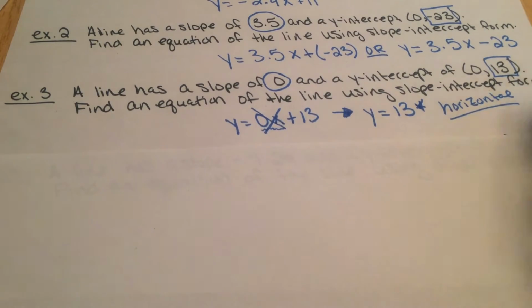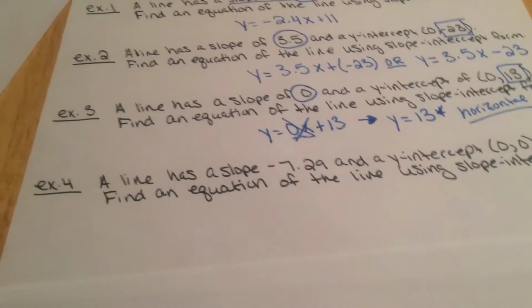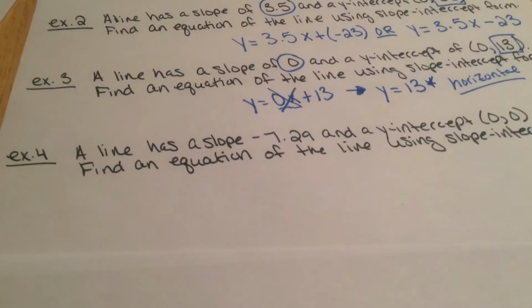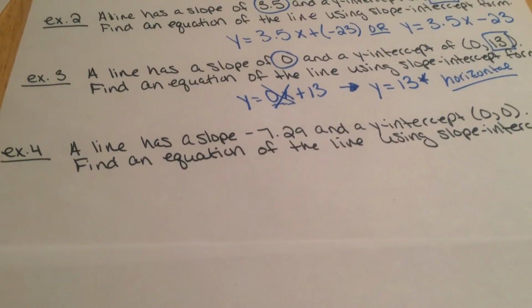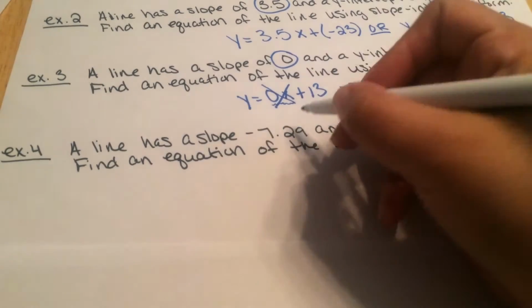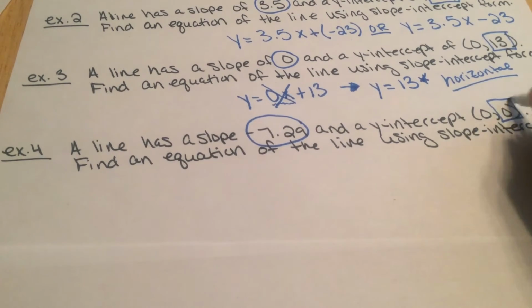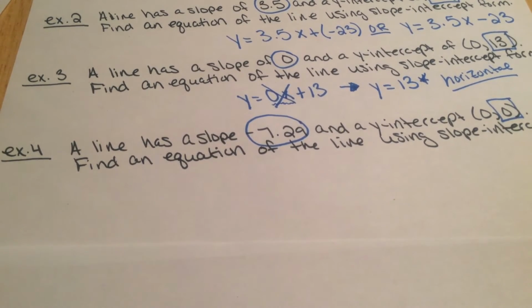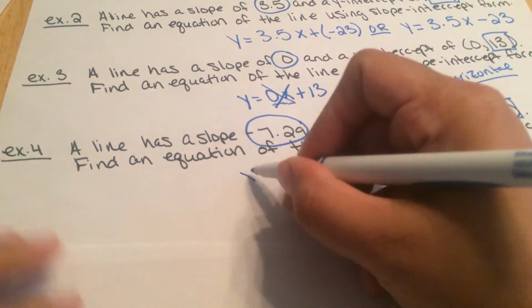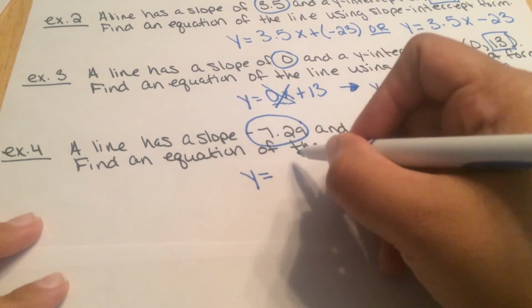All right, our last example is going to be example 4. And on this one, it's asking us to find the equation of a line that has a slope of negative 7.29 and a y-intercept of (0, 0). Again, the two most important pieces of information are the slope and the y-intercept. So again, we have a 0 somewhere else. Uh-oh, tricky. When we look at this, we can see that our slope, negative 7.29,